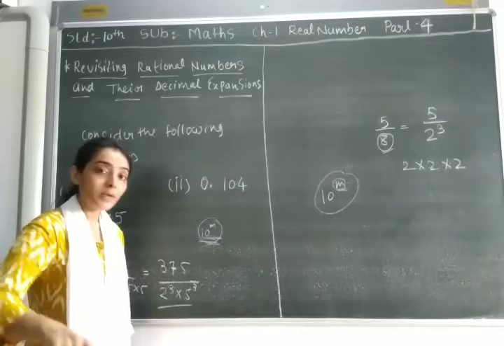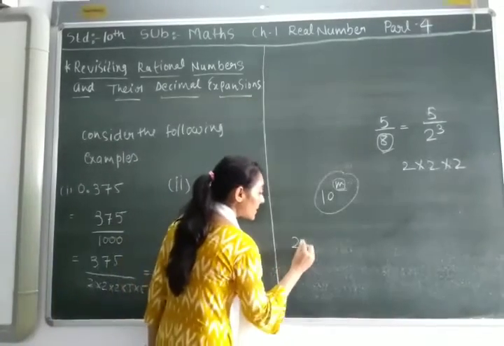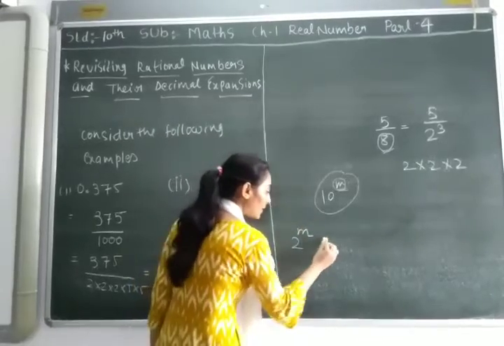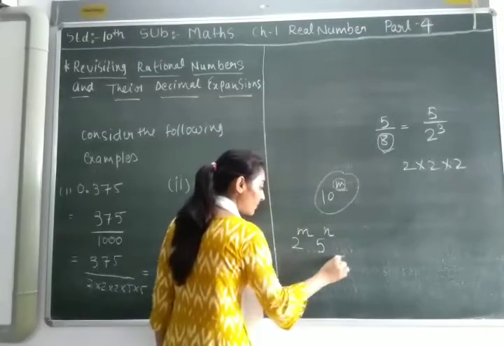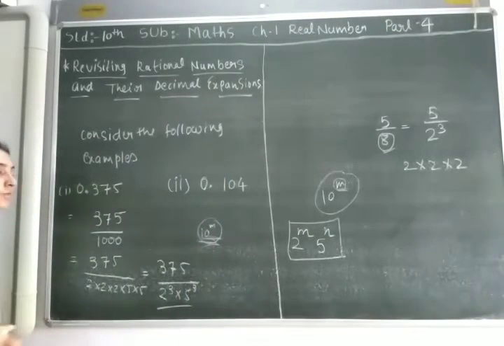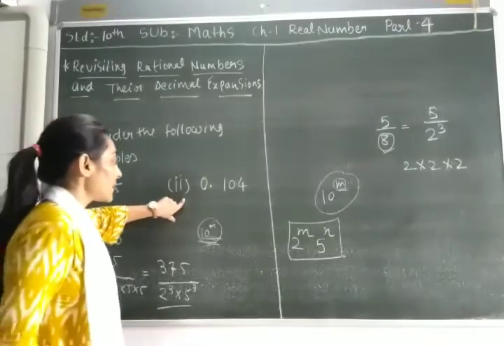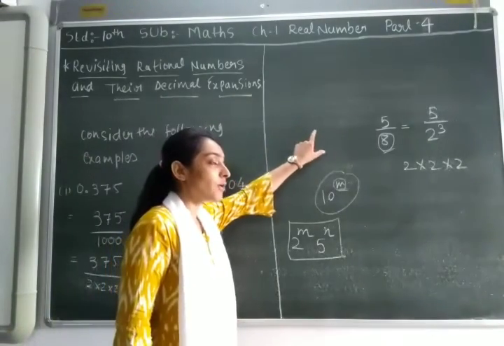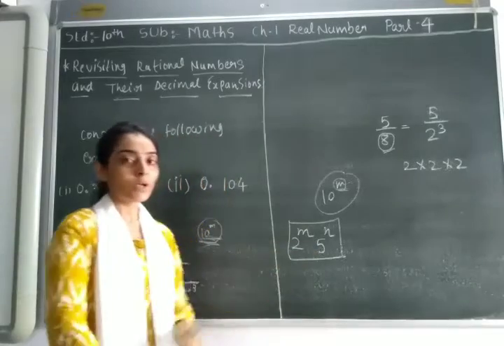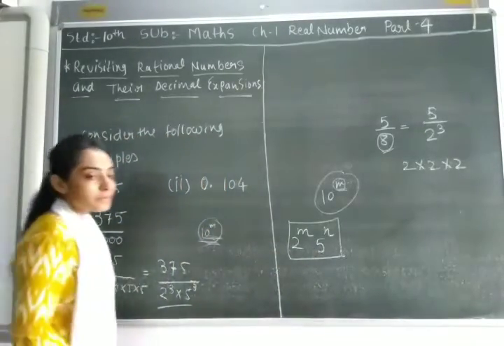If my denominator is in the form 2 raised to m and 5 raised to n, it would be easy for us to tell whether that number is terminating or non-terminating just by seeing its denominator. Okay, so the theorem says,